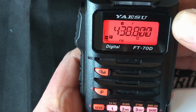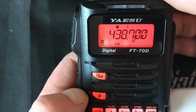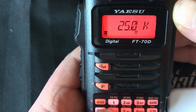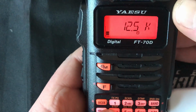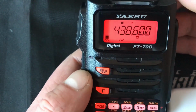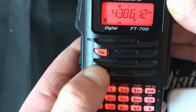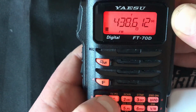So it's actually 438.600, the frequency I want, 438.6125, but notice it's in 25 kilohertz steps. So you can go function and 4, that brings up the step option. So I'll drop it down to 12.5 kHz, and you press function again, it comes out of the menu. So 438.6125, I'm going to get rid of that offset now because it's not a repeater, and we do that with function and 0. So I'll make it simplex, press function to come out,